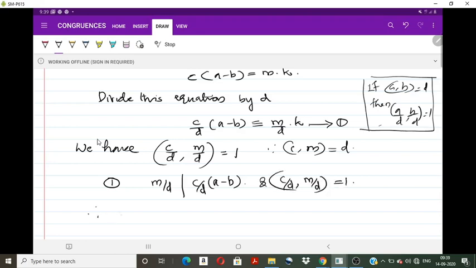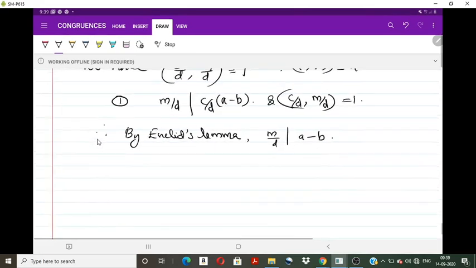Therefore again by Euclid's lemma that we have already used in the theorem 4.6, by Euclid's lemma we have M by D divides A minus B,